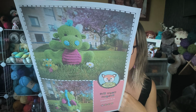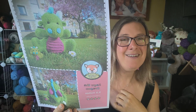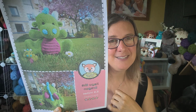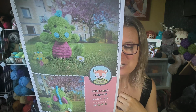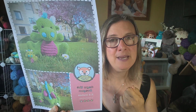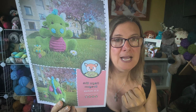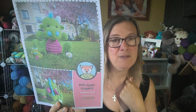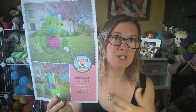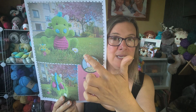The love you put into it will shine and make your amigurumi perfect. Now, isn't that a lovely message for anyone that is eager to make this pattern? I think that's really, really lovely, because it just brings it back simply to what you are doing. You're holding a hook and you've got yarn in your hands, and you're going from one ball of wool to making, well, I say one, obviously there's lots of colours, but from a ball of wool and to make something